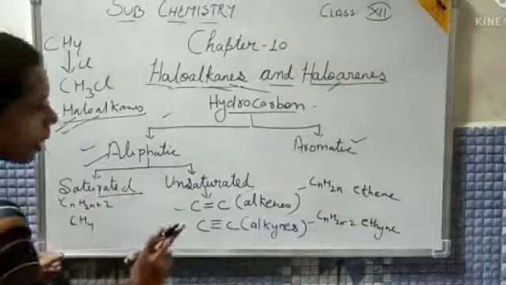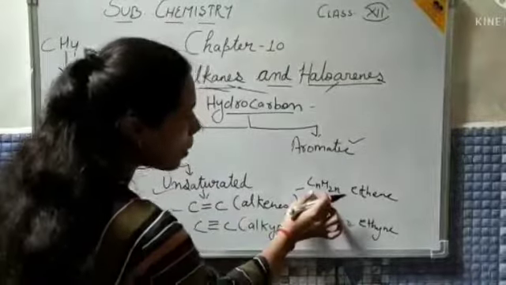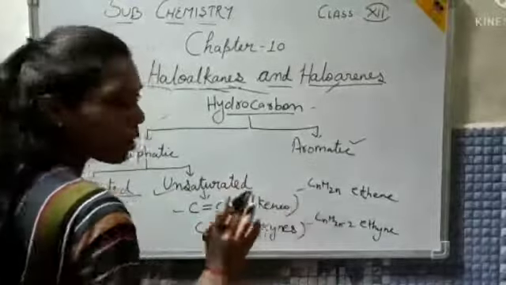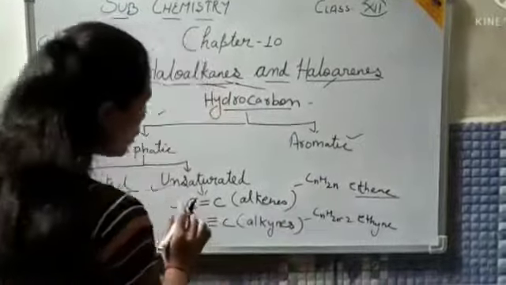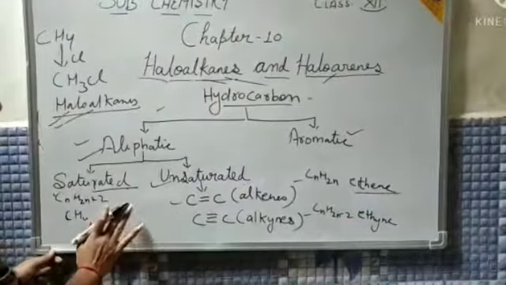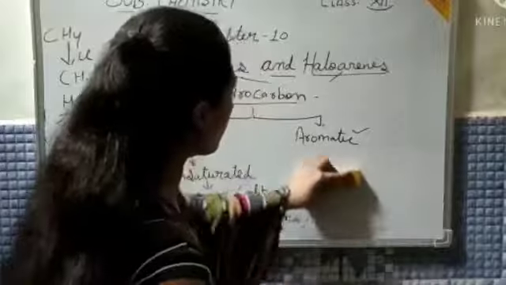We will not start from carbon 1 for the unsaturated hydrocarbon. We will start from carbon number 2, because its first member is ethene, because we want a hydrogen 2. Now you have understood unsaturated hydrocarbon and saturated hydrocarbon. Now we will move to the category of